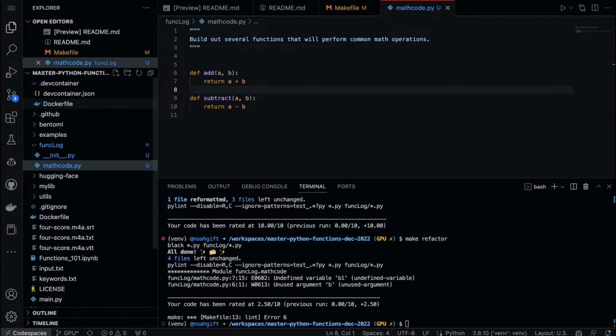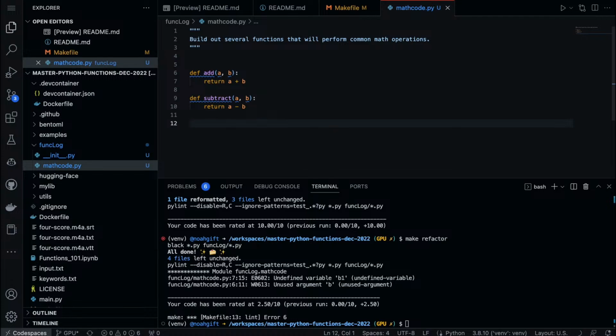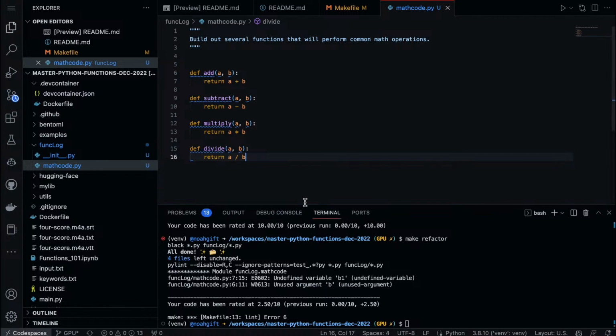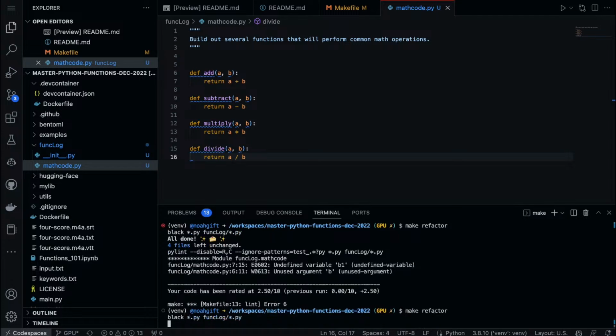Do you really need to write this code or not? I would say probably no. And then if we want to build a multiply, there we go, and then maybe a divide, and potentially that's good enough, I think. Let's stick with that. And so now I can just say make refactor.